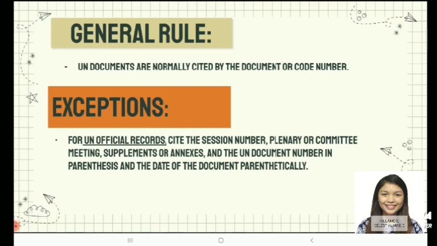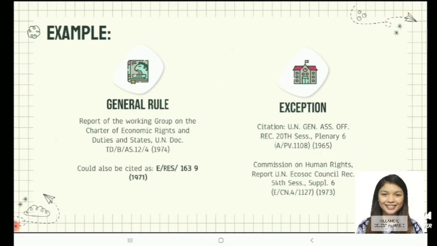As a general rule, UN documents are normally cited by the document or code number, with exceptions for UN official records, which have to cite the session number, plenary or committee meetings, supplements or annexes, and the UN document number in parentheses and the date of the document parenthetically. We have, for example, here